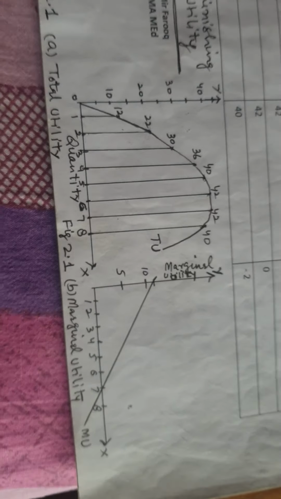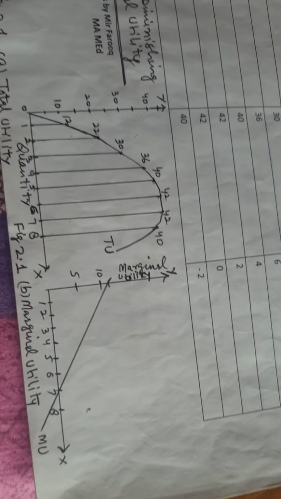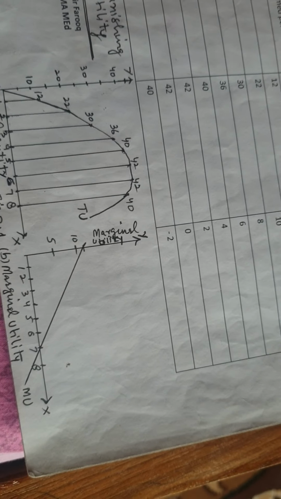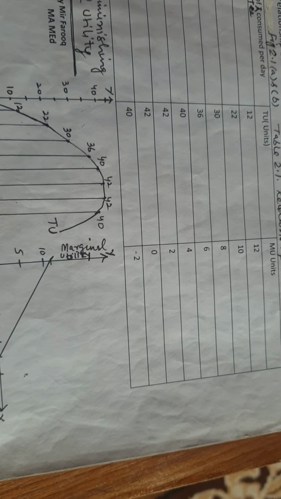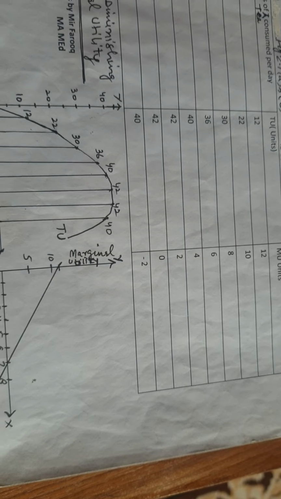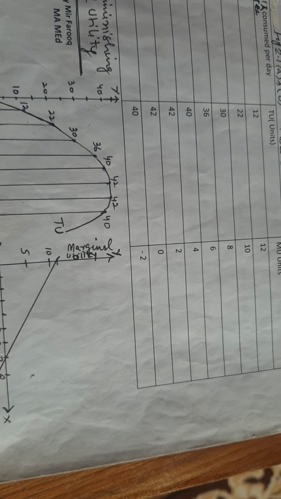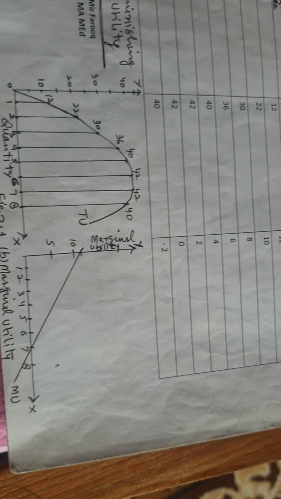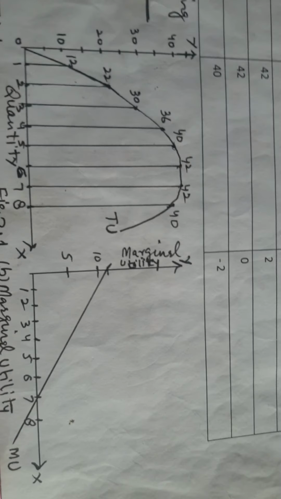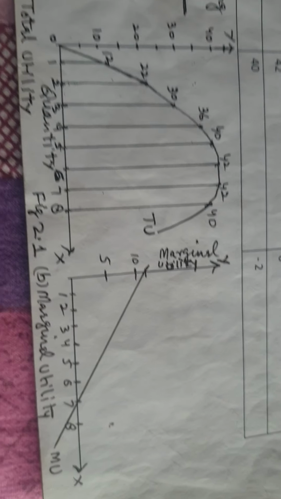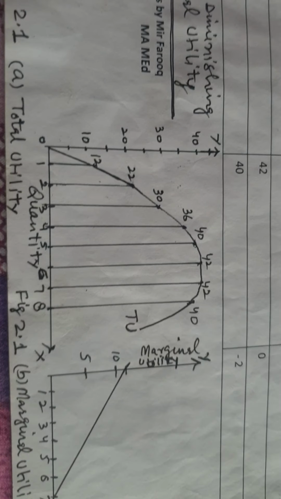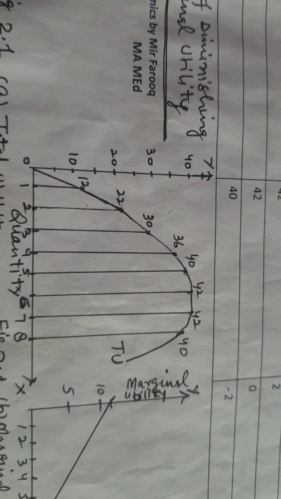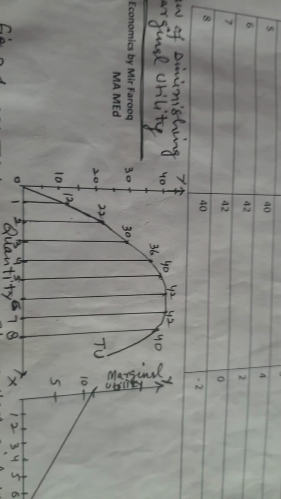Now the marginal utility curve is always downward sloping, it is never upward sloping, because marginal utility is always decreasing. It is positive to some extent but decreasing, and after some period of time it becomes 0 and then negative. The same is depicted in this figure. So this was the relationship between TU and MU, which we illustrated with the help